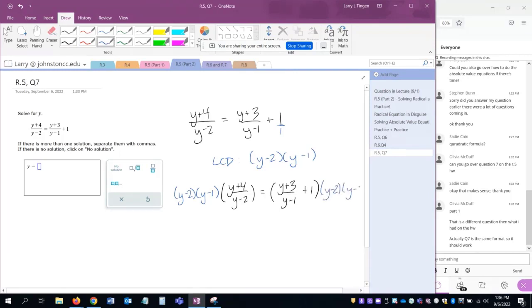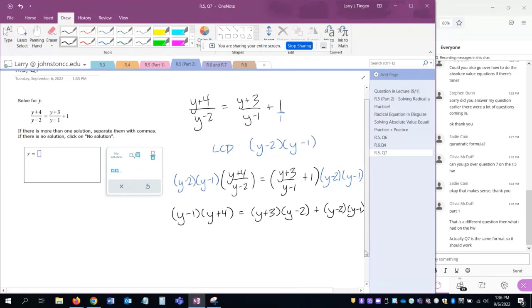Minus 2, y minus 1, distribute. y minus 2 is divide, so I'm left with y minus 1 times y plus 4. On the right, the y minus 1's divide, leaving me y plus 3 times y minus 2, plus y minus 2 times y minus 1. So I have 3